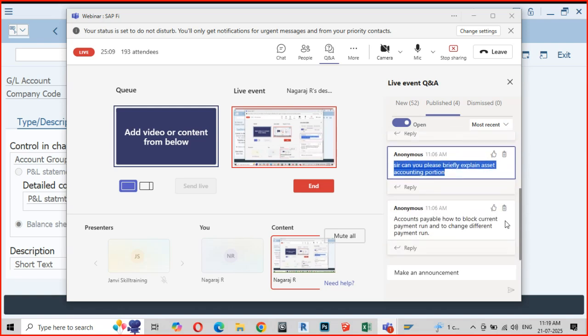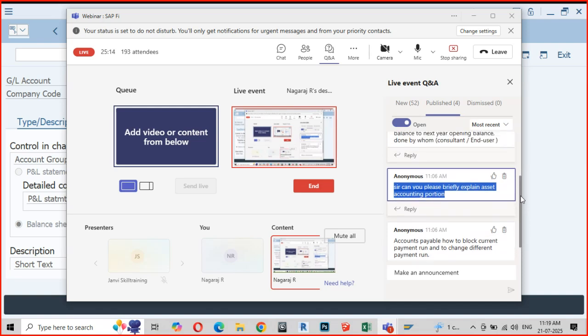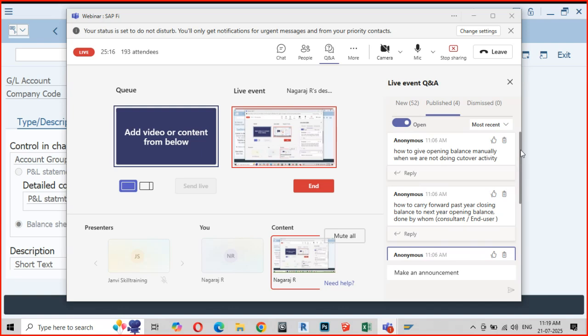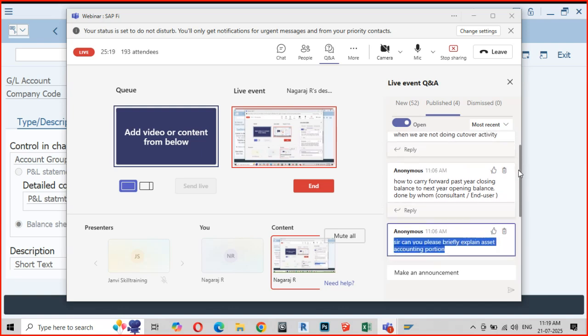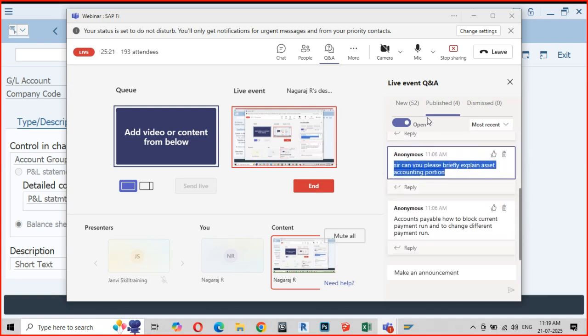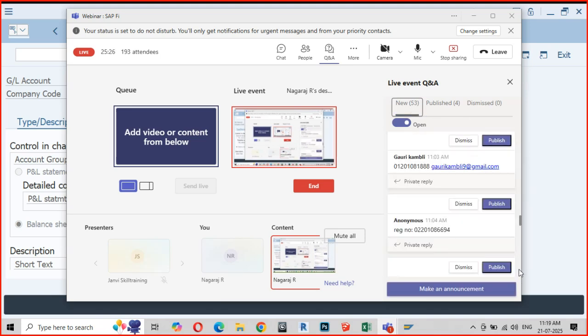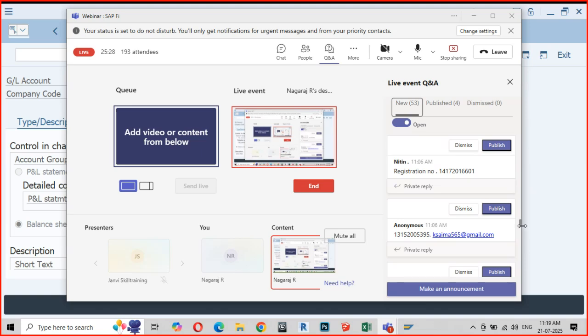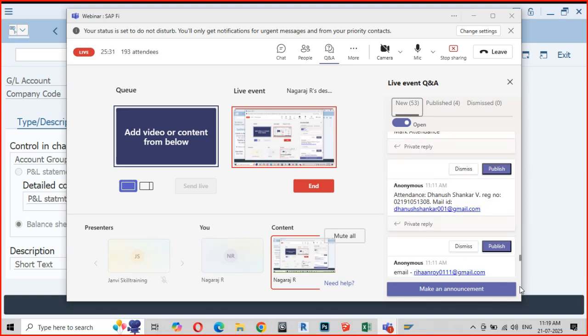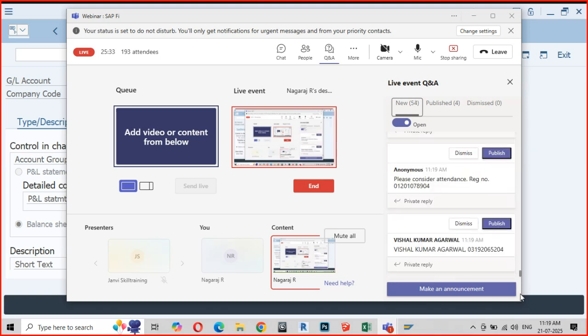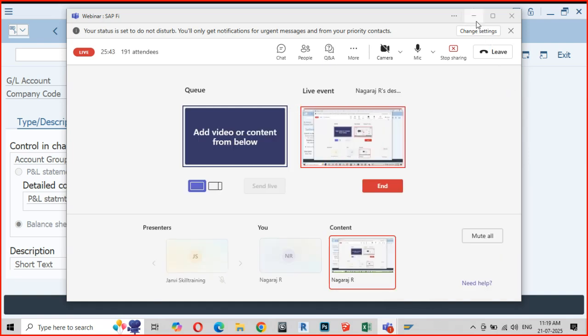Accounts payable, how to block the current payment run, you can do it. Okay, I'll tell you. Did I answer these questions? Please make it a point to tell me whether I have answered your questions or not, because I will not be in a position to understand if you have understood the concepts. Okay, I would assume that I have answered your question and I am moving ahead.